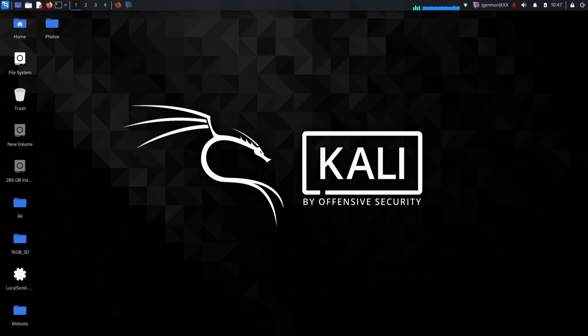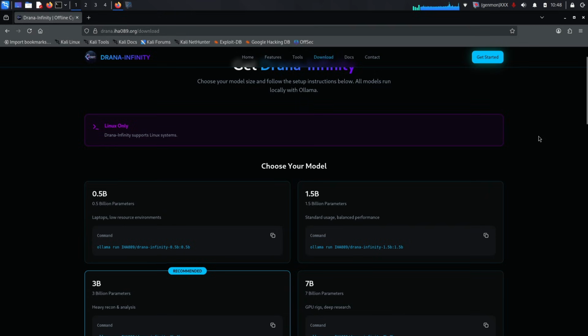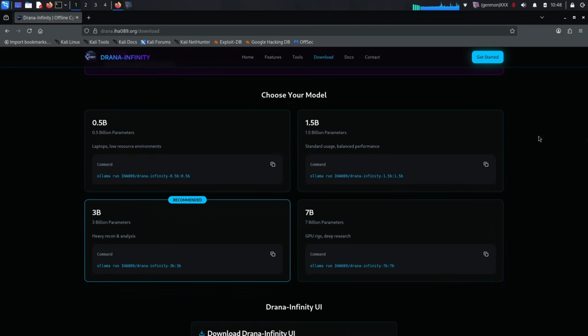That is exactly where Drana-Infinity comes in. This is a locally hosted advanced AI assistant designed specifically for ethical hacking, bug bounty research, and cybersecurity analysis. Developed by IST-089, this tool allows you to analyze vulnerabilities and automate your recon workflow completely offline. Because it runs right on your own machine, your data stays yours. Nothing leaves your network. In this video, I'm going to show you exactly how to install Drana-Infinity on Kali Linux